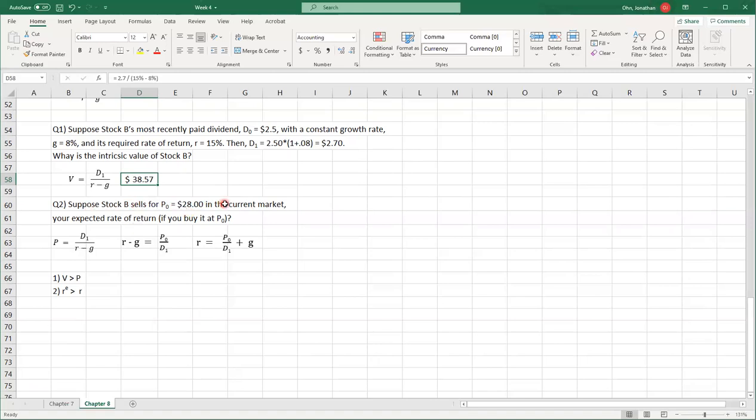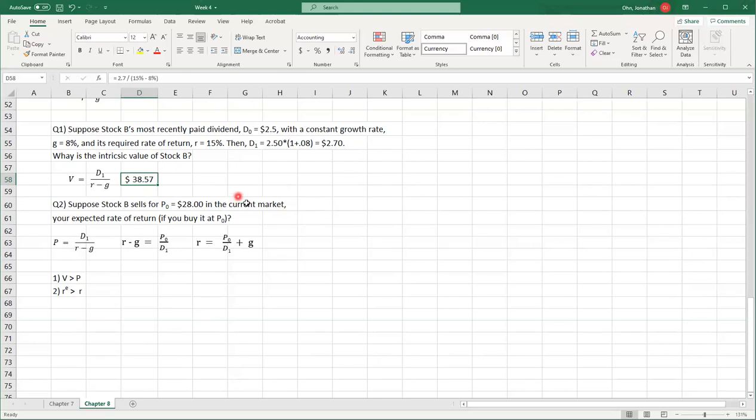This stock has the value of $38, but somehow, amazingly, it is traded at $28 there. You see that? So you want to buy that. In this case, you want to run and grab them, right? If you buy that at $28, it is likely that this price will go up to $38.57 in the near future. It's your free lunch. This should be a delicious sushi lunch there.